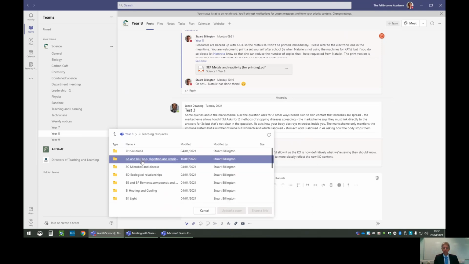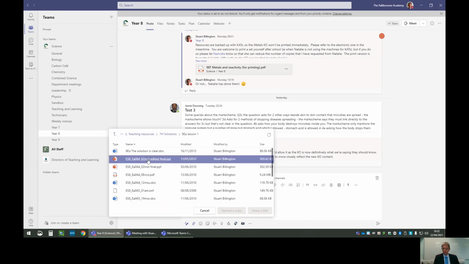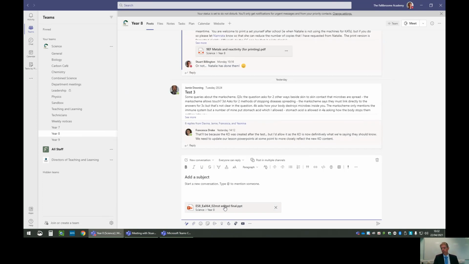So if I wanted to attach a particular file, I could just click on that, and then it says, would I like to upload a copy? Well, I don't need to because it's already there. I just share a link instead, and then again it's attached to the message, but it hasn't uploaded a separate copy. It's just attached a link to the copy that's already there in the year 8 area of the Science